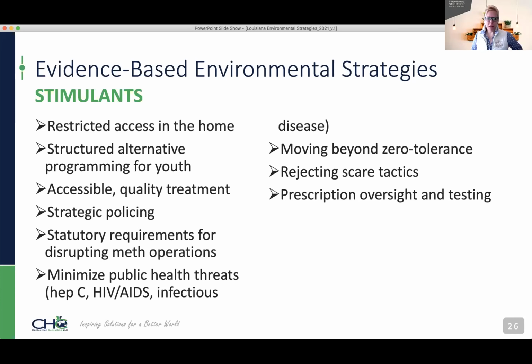And then also with stimulant use, this can be tied also to intravenous opioid use, is minimizing public health threats as it relates to hepatitis C or HIV, AIDS, and other infectious diseases. And I mentioned this before about moving beyond zero tolerance. For a long time in our country, we had these zero tolerance policies that if you fill in the blank, then you go to jail or you're suspended from school. Or so many of these zero tolerance policies really just reiterated and reinforced the risk behaviors and added additional risk